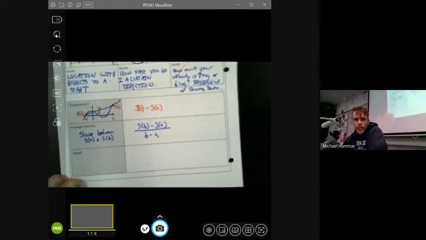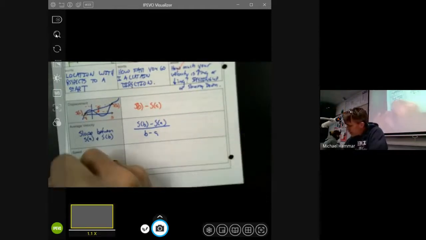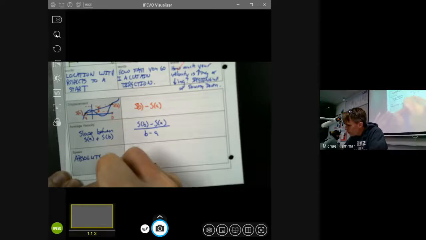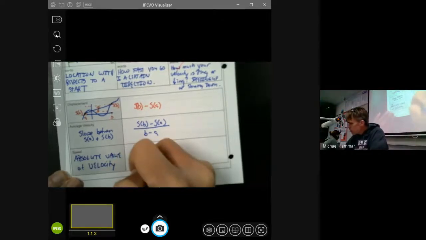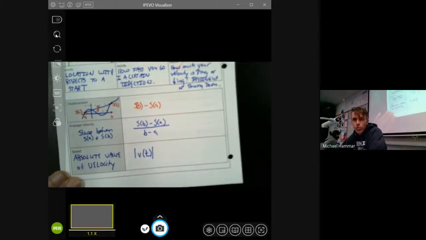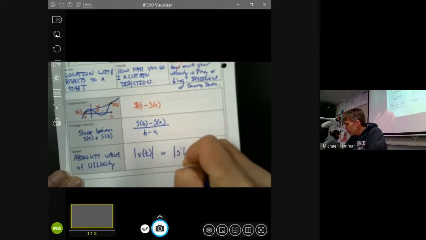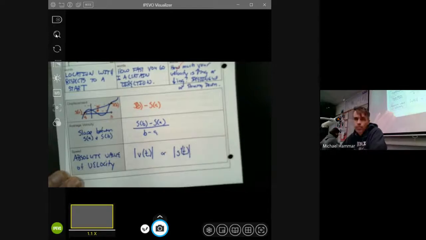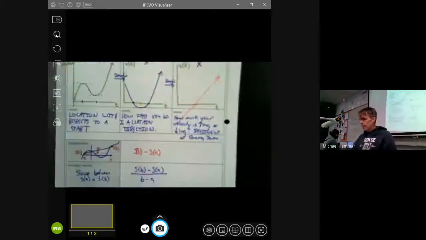Now, the final thing that's really important is you do need to know what speed is. And speed is the absolute value of velocity. Okay? So what you would do is you would take the absolute value of whatever your velocity function is at a certain point. So it would be the absolute value of the derivative of your position function. Okay? So either one of those would be acceptable. So let's go through and let's kind of apply